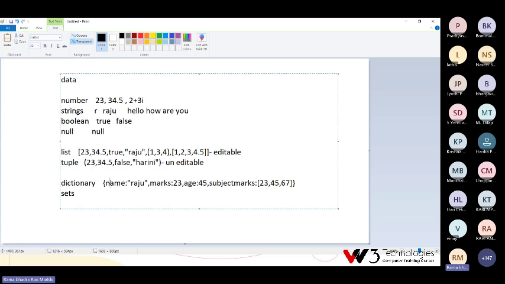So this is the key, this is the value, this is the key, this is the value, and so on. A dictionary is completely created by using an opening curly bracket and a closing curly bracket. All the values are separated with commas, but the values are in the format of key value pairs.